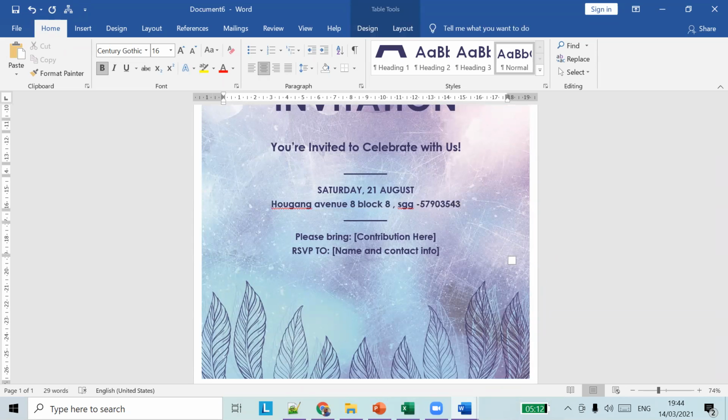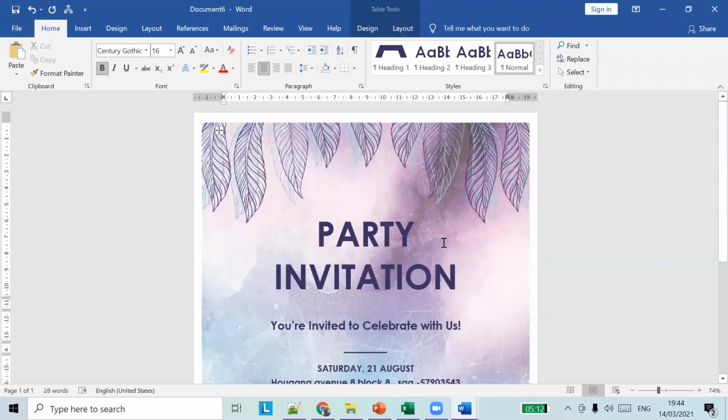Then you can type something here: please bring your friends, something like that. So this is how you can create a party invitation.